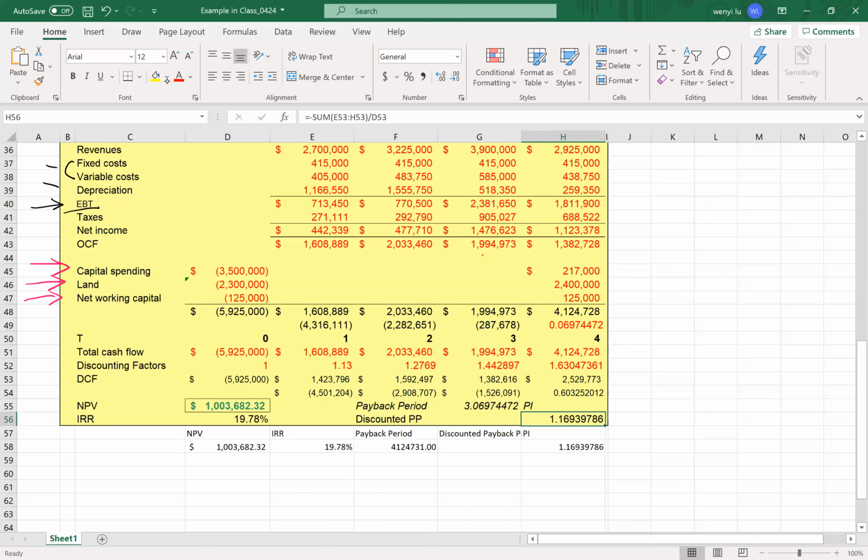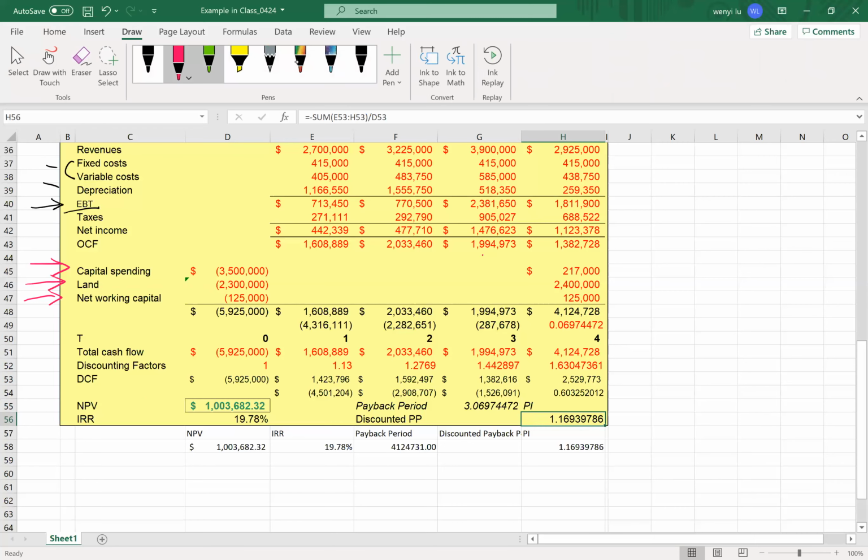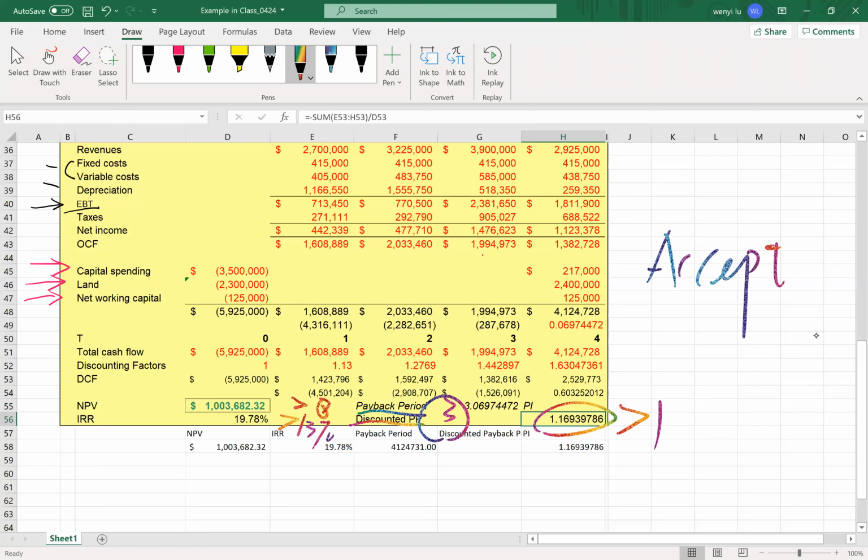You can say NPV is positive, even more than $1 million. So this project can generate a high value for the shareholders. And also IRR is more than the cost of capital. The discounted payback period and the payback period are around 3, and our PI index is more than 1. So that means this project should be accepted. So that's how we use the pro forma income statement to do the capital budgeting